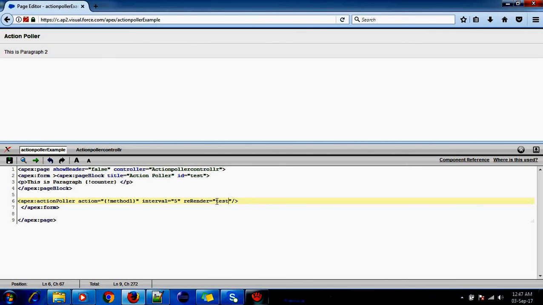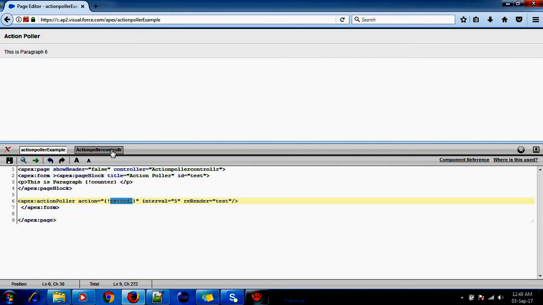See, it's working. I'll explain clearly what's happening here. This counter currently has the value of 1. When the action poller runs, it calls method 1. Right now it contains 1.